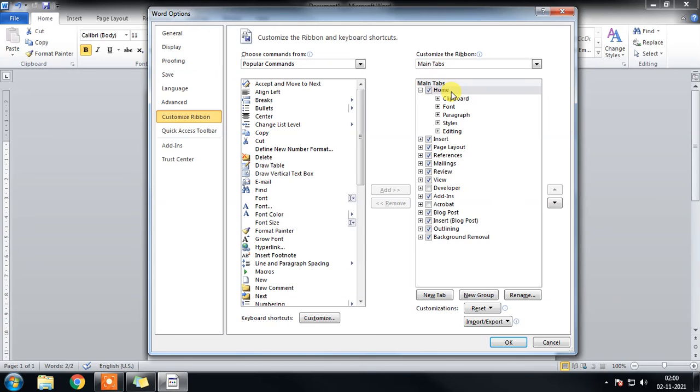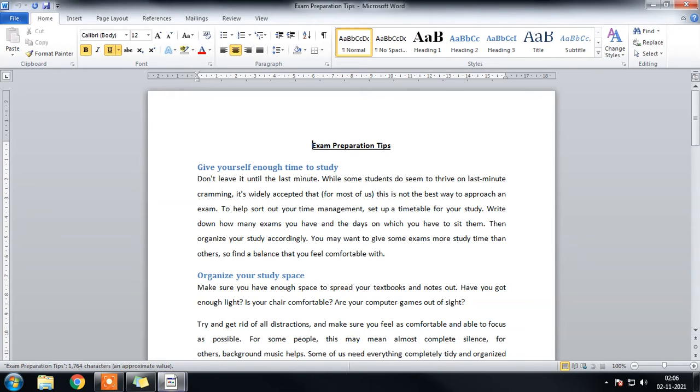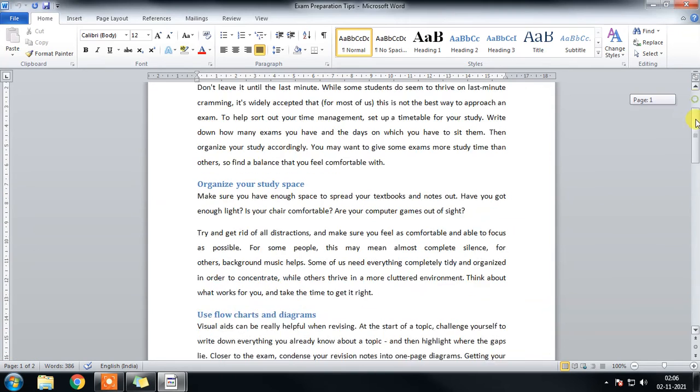Now let's see the items on the status bar. To discuss those items, let me open a predefined document that I already prepared. By using this we will discuss them. Okay, so the first one is page. It represents 1 of 2, that means there are a total of 2 pages. Out of 2 pages we are on the first page, and when we scroll to the second page then it will change, so it shows 2 out of 2, that means we are on the last page.